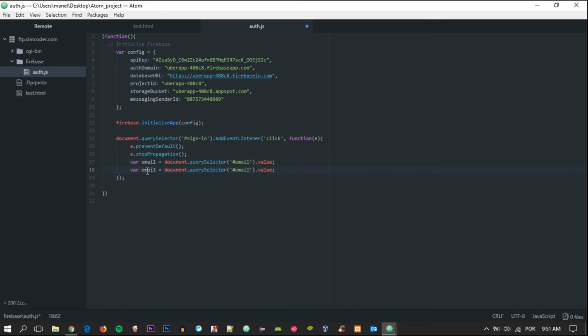And you can see there are a lot of similarities between JavaScript and what we did with Java in our Android project. So password,